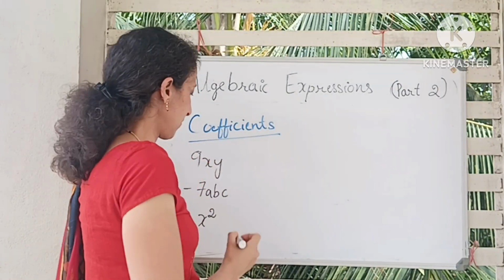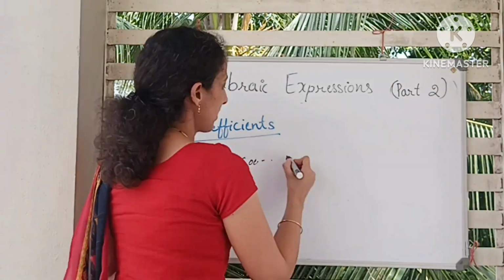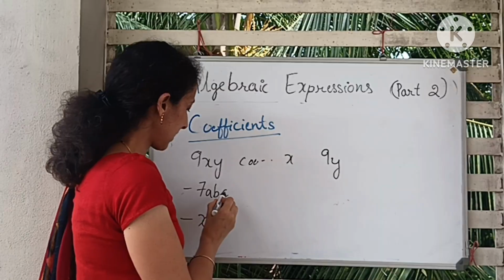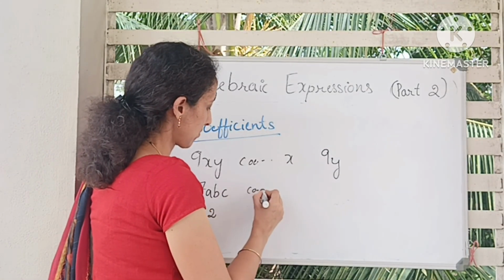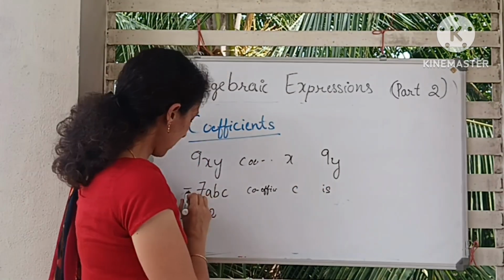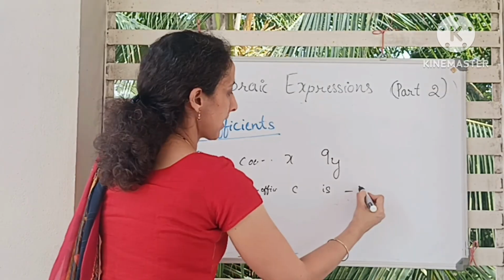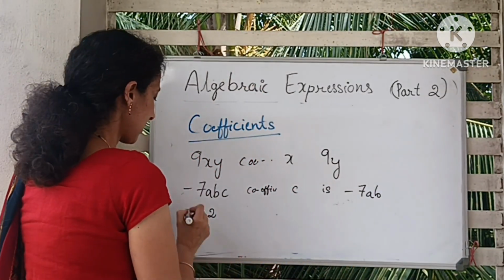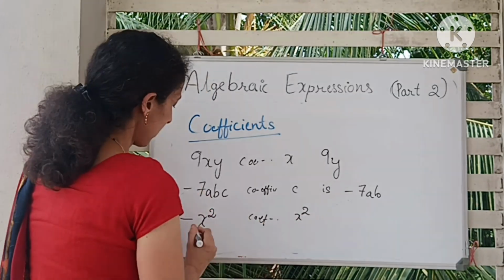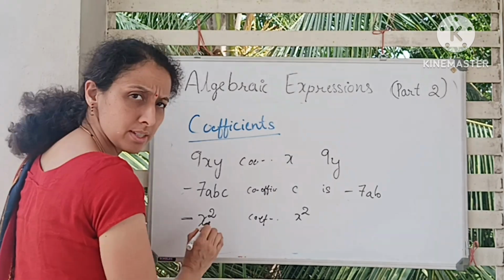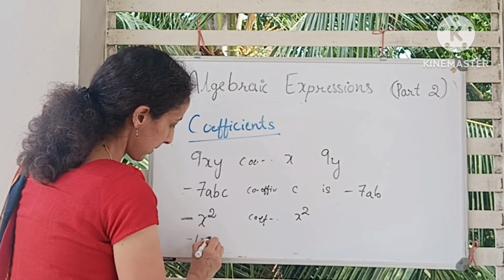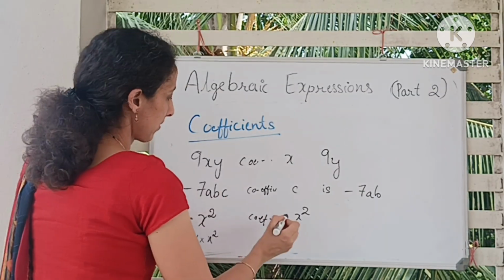So in case of 9xy, the coefficient of x is 9y, and in case of minus 7ab, let's say the coefficient of c is minus 7ab, and in case of minus x square, the coefficient of x square is, here we have minus only, but when we say x square, this is minus 1 multiplied by x square,